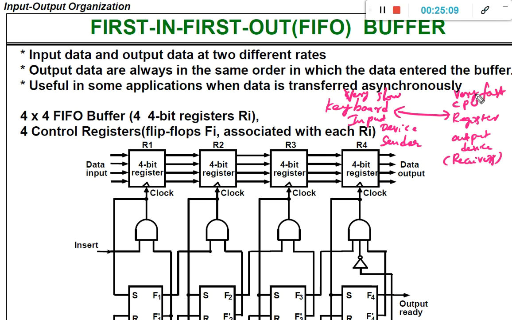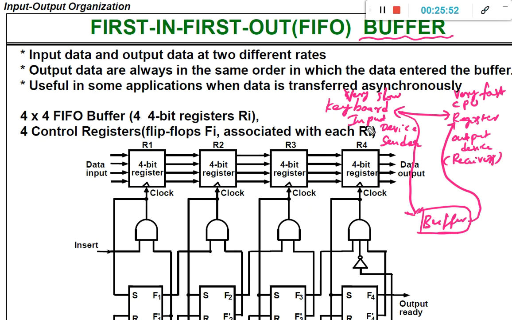Then how to balance the speed between the keyboard as well as the CPU registers? By using a buffer. The advantage of a buffer is it can input data and output data at two different rates. So instead of directly sending the data from the keyboard to the CPU, we are going to send the data from the keyboard to the buffer. Now the buffer can accumulate the data that is being sent from the keyboard very slowly, and then once the data is ready, it can quickly send it to the CPU register.